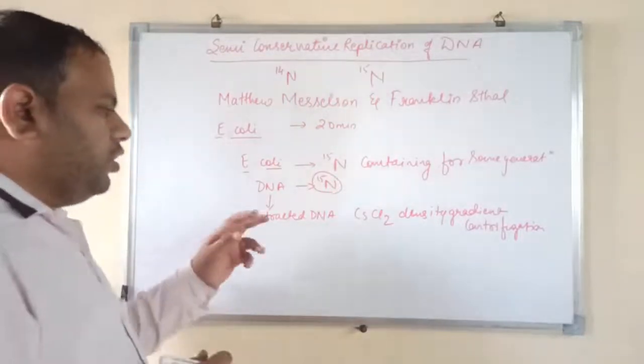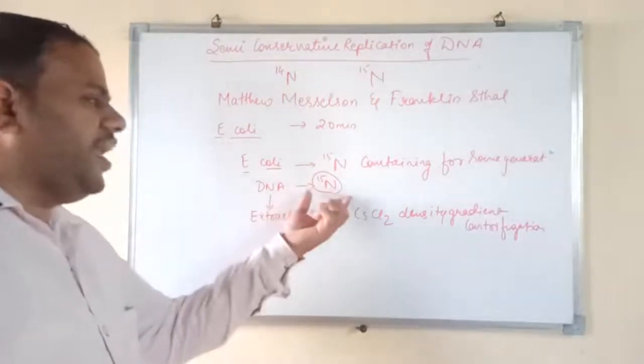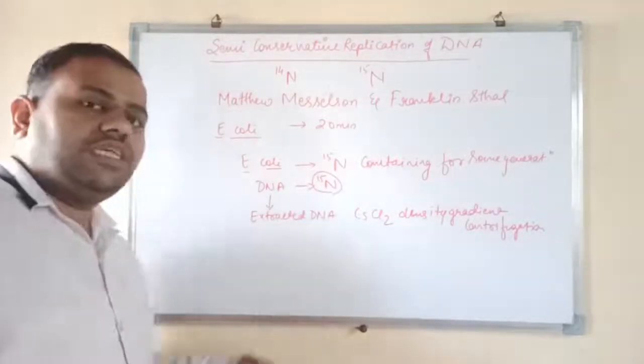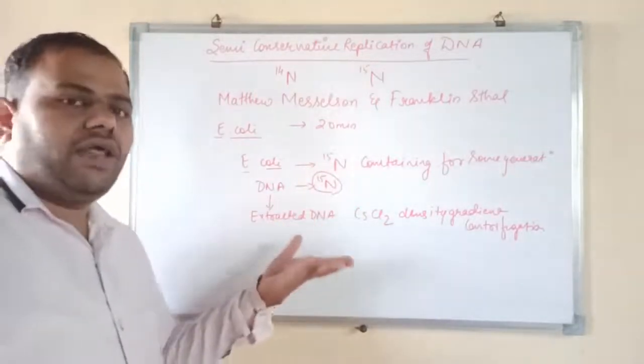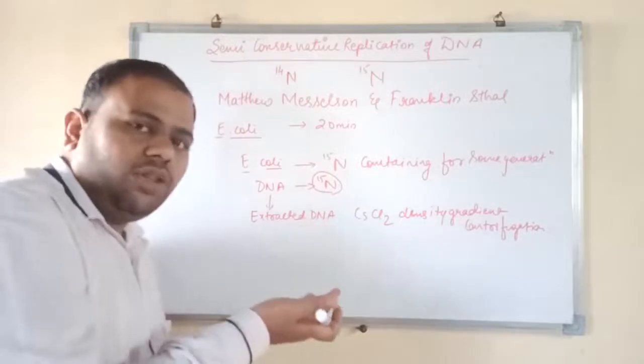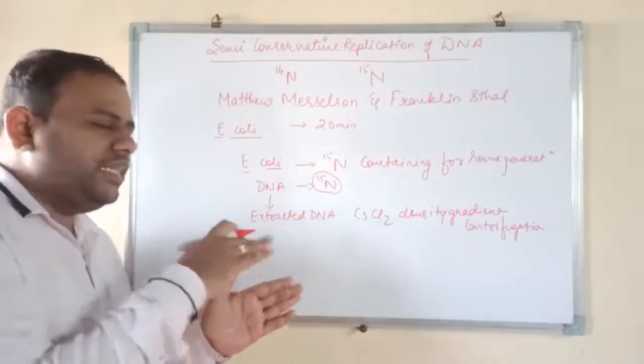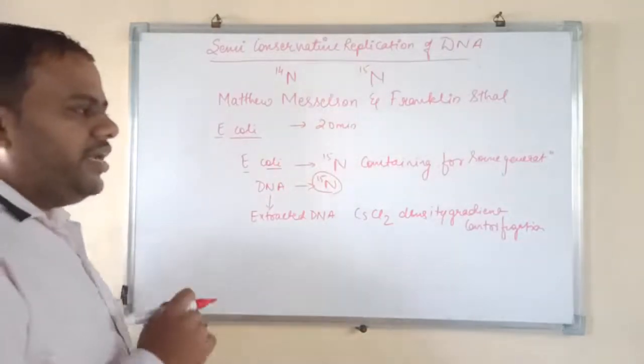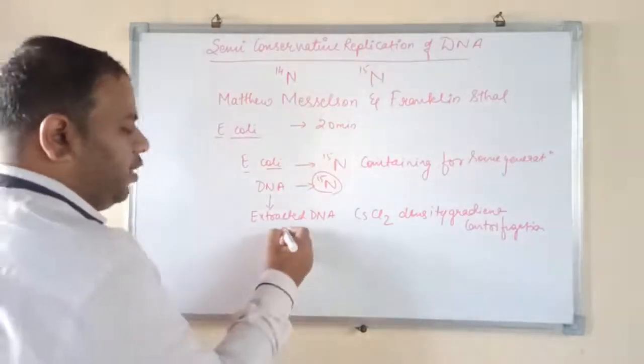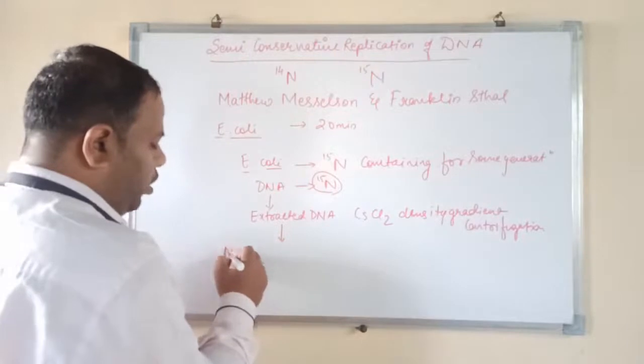So now it was clear that the DNA obtained from this E. coli was a bit heavier than the regular E. coli, and it formed a band at a lower point in the centrifuge tube. So what they did in the next step was grow this same E. coli onto the normal